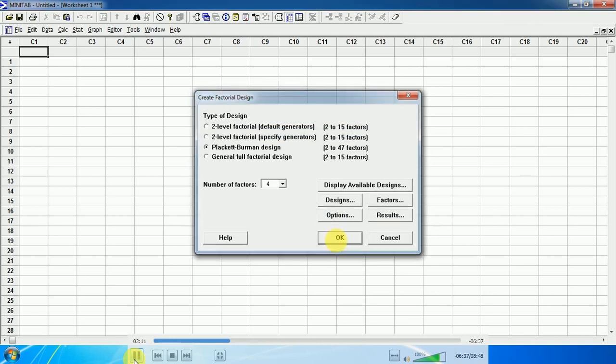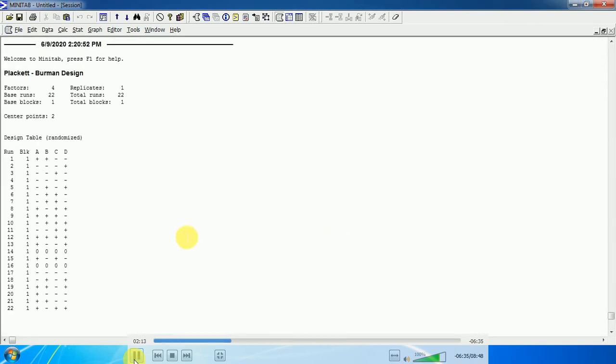Then we will design our matrix. This is our design: there are 4 factors, replicates are 1, base runs are 22, center points are 2, and the total runs hence became 22. Then the total number of blocks is 1 and base blocks is 1.